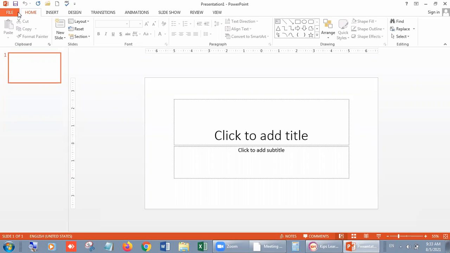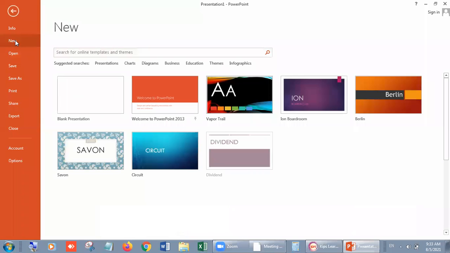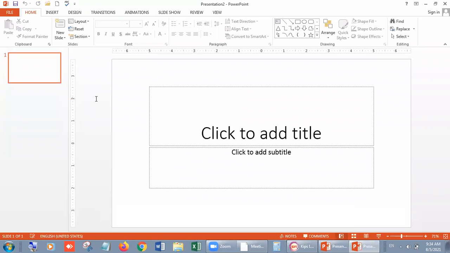But if you want to know what is the pattern or what are the commands to open a new presentation, then click on New button, select blank presentation, and it will open. Right, beta? Before the version of 2013, after selecting the blank presentation, you will get a button that is Create. When you click on Create, then you also get the same screen. Look students, when I open a second file, the name is automatically changed.